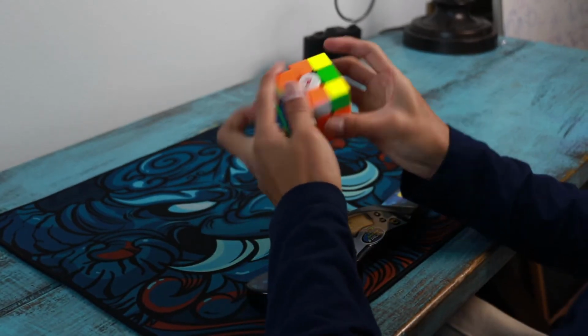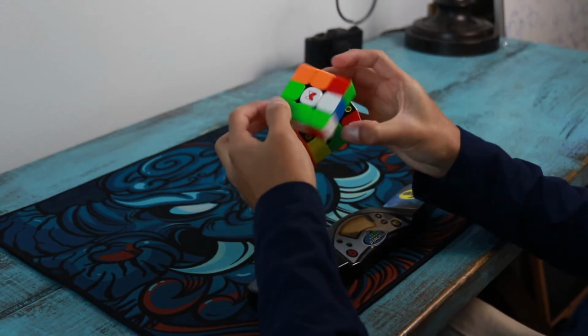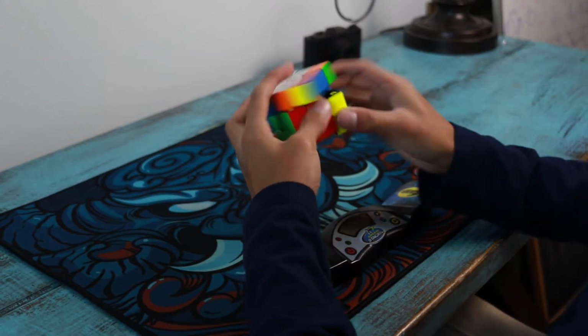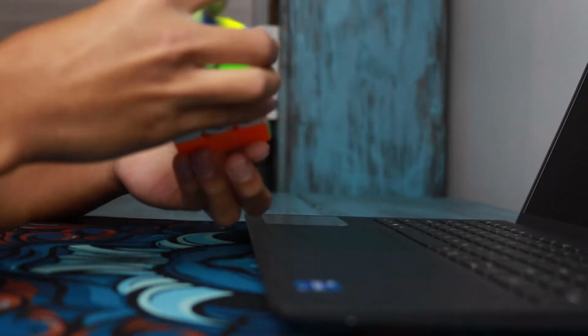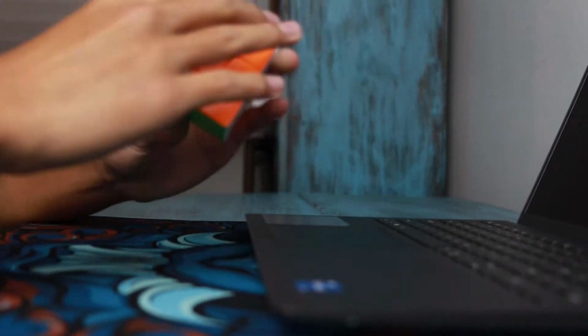Essentially what multi-phase is, after every step you hit the spacebar and it makes a note of when you hit the spacebar during your solve. So then you know, oh, it took me this long to do cross, took me this long to do F2L, and so on. So essentially, after you're done with cross, you hit the spacebar, and then you do F2L. Once you're done with that, hit the spacebar, and then you do OLL, hit the spacebar, do PLL, hit the